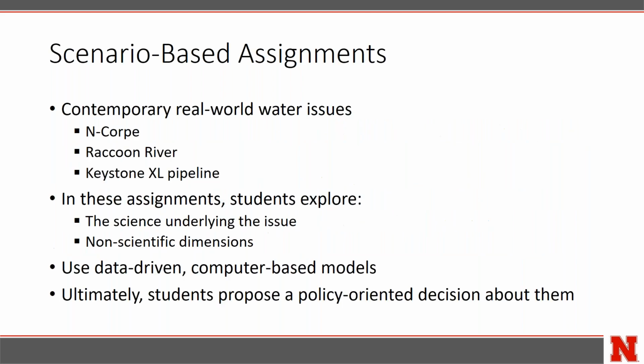So the scenario-based assignments that I mentioned before are a really big focus of our data collection and our research. Like I mentioned, these are based in contemporary real-world water issues. So just to highlight some of these, I don't know if any of you are familiar with NCORE work in Nebraska, but